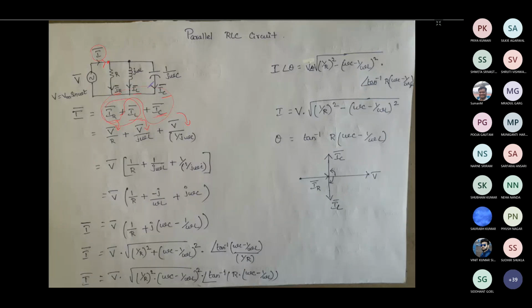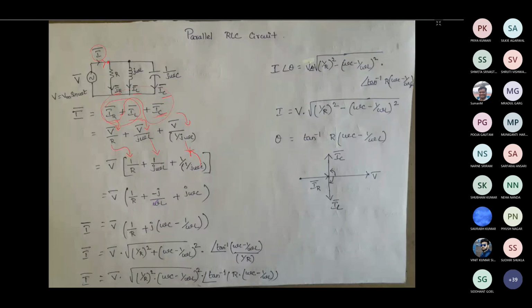Okay, so all the things we are clubbing in order to make the RLC circuit. So from this we will be getting 1 by R. From here we will be getting 1 by j omega L. Here we will be getting 1 by 1 by j omega C. So here j omega C, you can take it to the numerator. So from this we will be getting V phasor into 1 by R plus minus j divided by omega L plus j omega C.